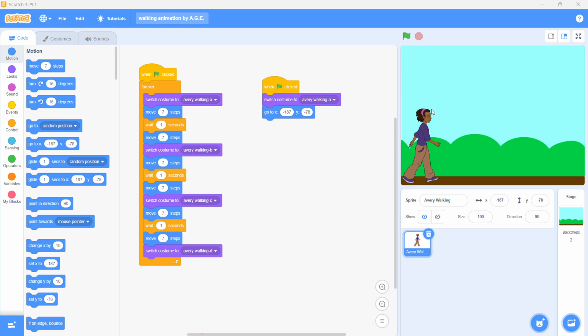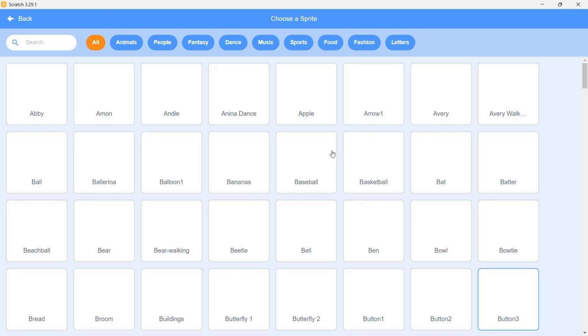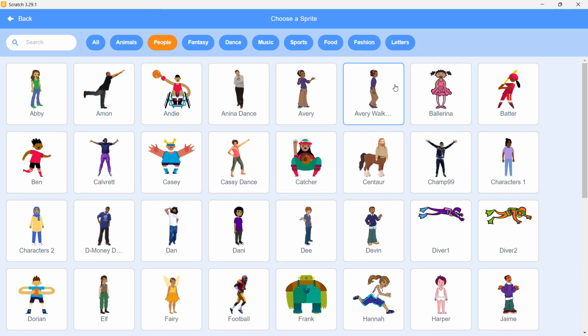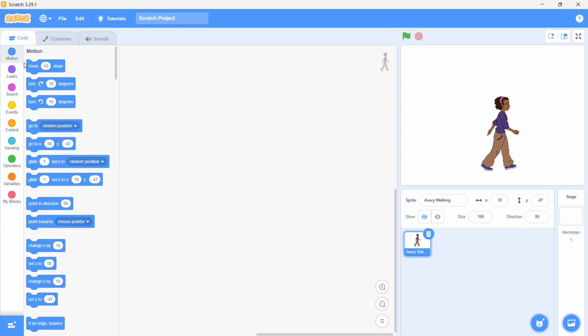Today I will be showing you how to make a working animation with Scratch 3.29.1 version. So first things first, go to file, then click on new, then go to your sprite, pick a character that shows it's working,